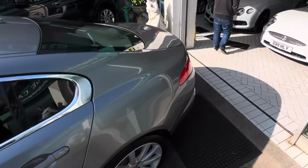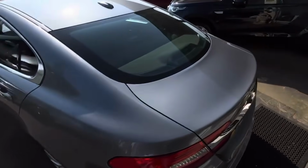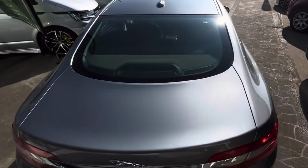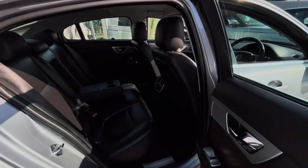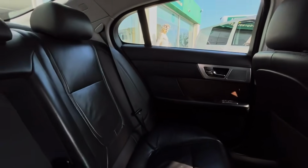Now, this exact vehicle is under £4,500. Even at that point, still has the option of low deposit financing as well. And for that price point, you would think, surely it must have 200,000-300,000 miles on the clock. But in actual fact, no, because the average for one of these models with, as this car is, the 2.2